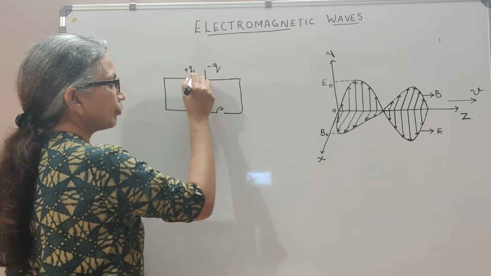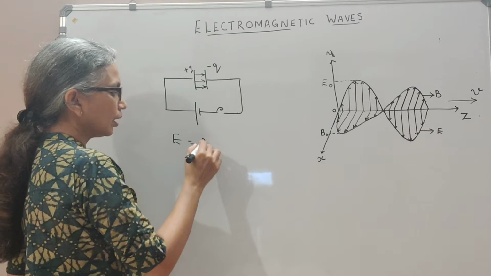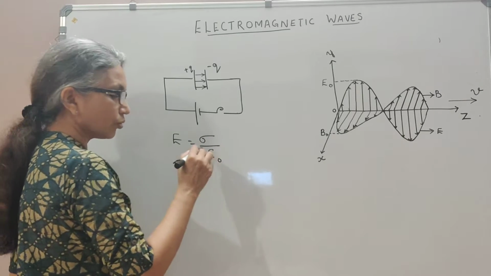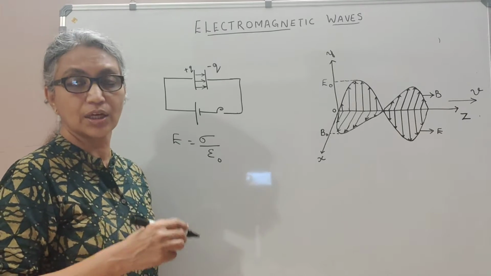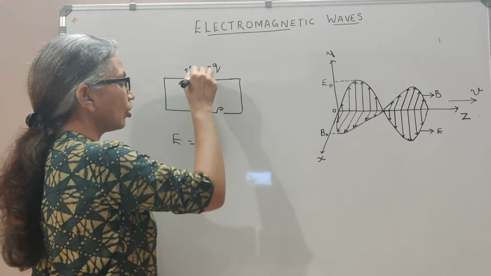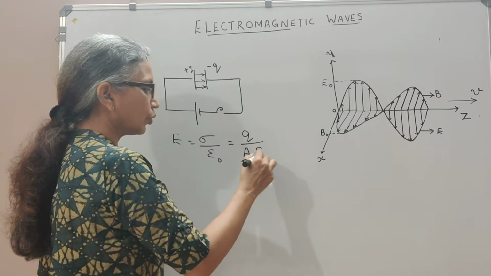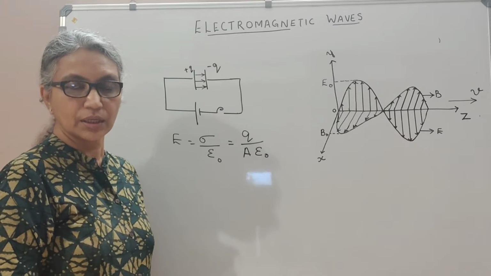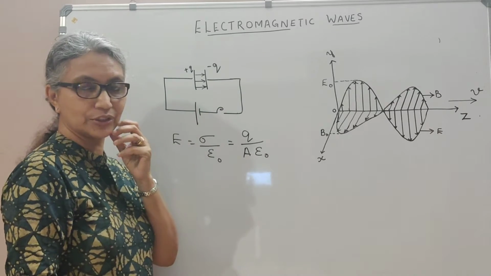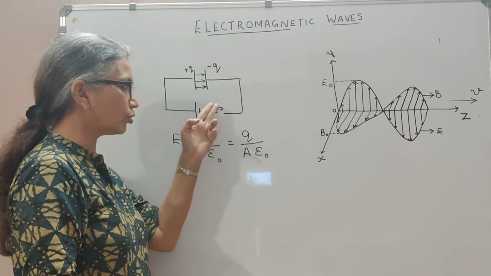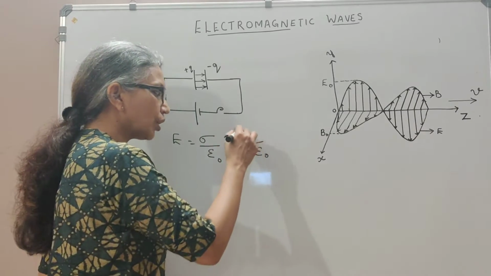Now the electric field we know is directed from the positive plate to the negative plate. It is given by E equal to sigma by epsilon 0. This we learned in the second chapter, where sigma is called the surface charge density, which is the charge per unit area on the plate. So I may write sigma as charge per unit area, Q by A, so E is Q by A epsilon 0. Whenever you have connected it to an AC source which is continuously changing, or if you are switching on or switching off while the capacitor plate is charging and discharging, you know that the charge on the plates is